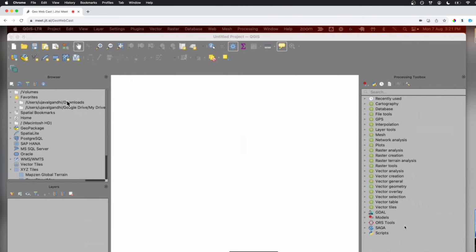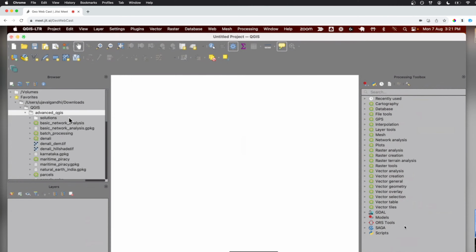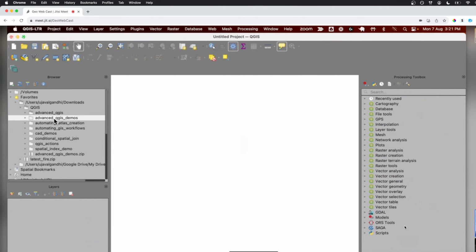One example of this would be, I work with somebody who said, my job is every morning I come in, I download the latest data from NOAA about all the events that occurred, combine it with my internal database, and I need to produce a map. And that literally takes him an hour. So can I use QGIS to automate? And we put together something that looks like this. Let me show you.